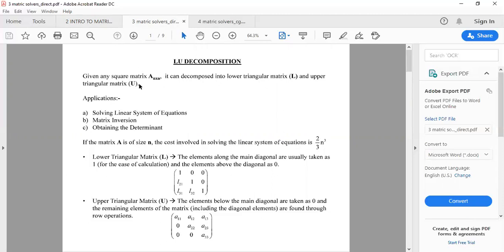So that method you cannot apply here for a matrix of size 100 cross 100. For our reservoir simulation problems, we divide the whole domain into 1 lakh nodes, so you will get a 1 lakh into 1 lakh size matrix. We cannot apply that technique to get A inverse. That will be very complex, so we have to apply some techniques. That inversion can be done using LU decomposition. So how do we do this?